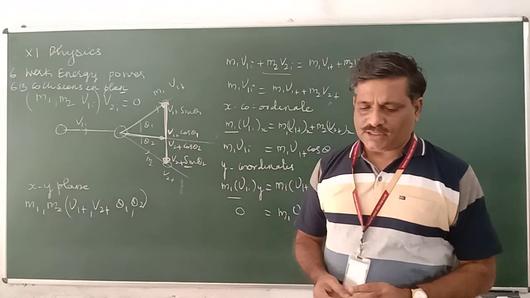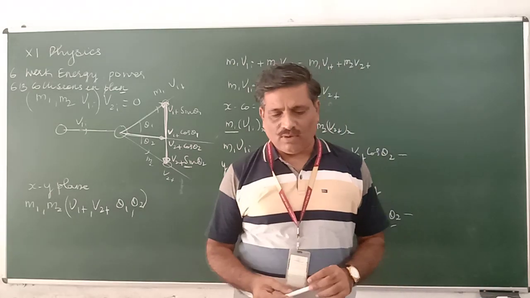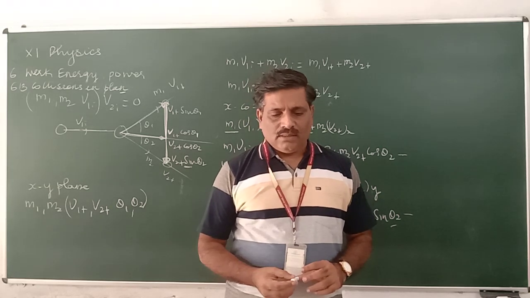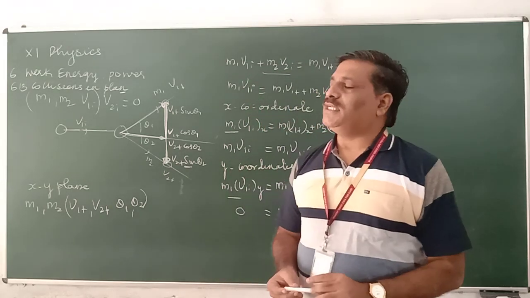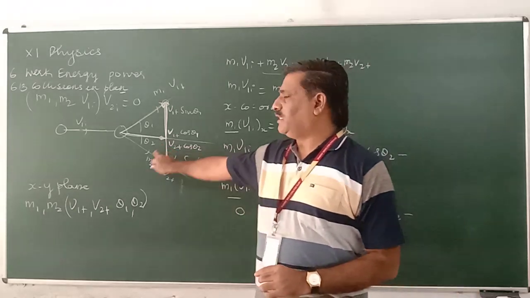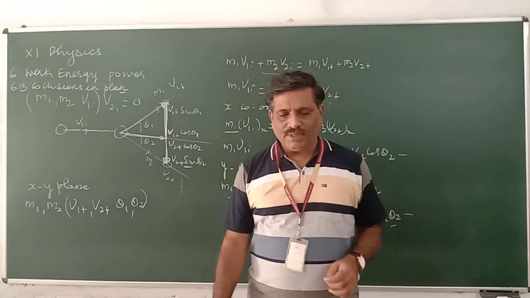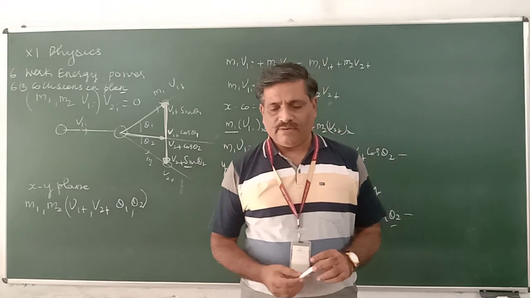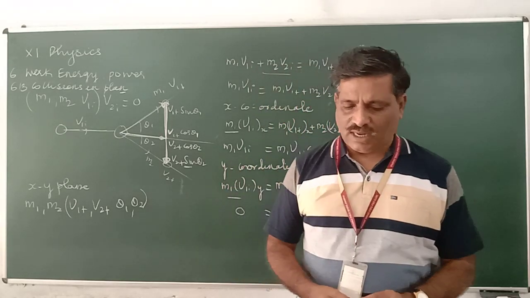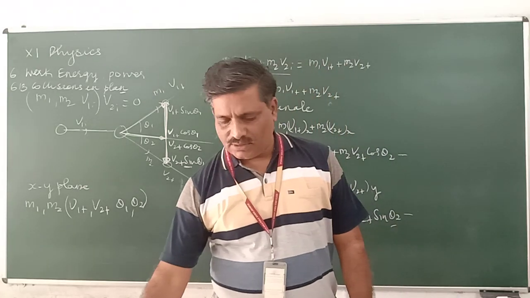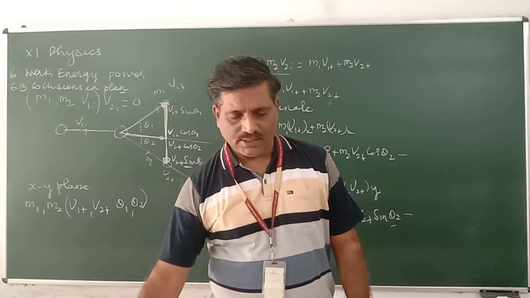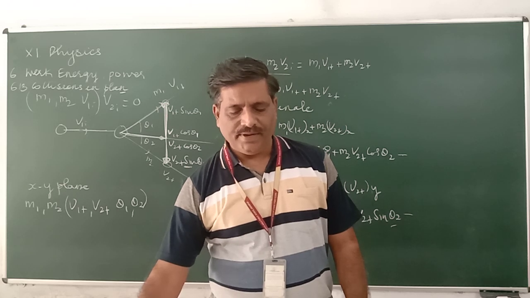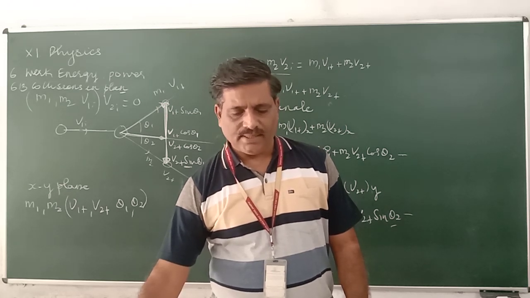The billiard player wants to sink the target ball in a corner pocket which is at an angle theta 2 equal to 37 degrees. Theta 2 is 37. Assume that the collision is elastic and that friction and rotational motion are not important. Obtain theta. Here it is asked to obtain theta. Let's see, the figure is given.